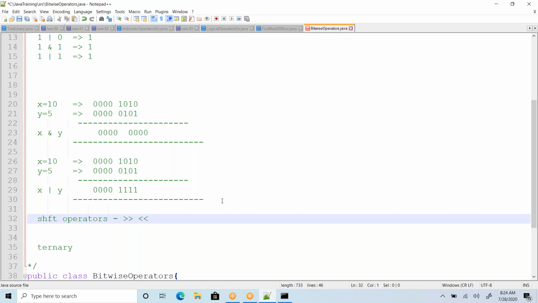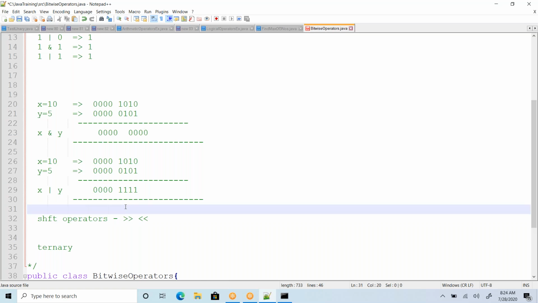You just need to convert this into decimals. This is 2^3, meaning 2 cube plus 2 square, plus 2^1 plus 2^0, right?